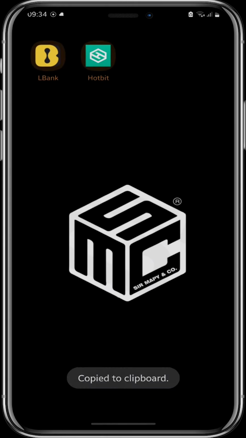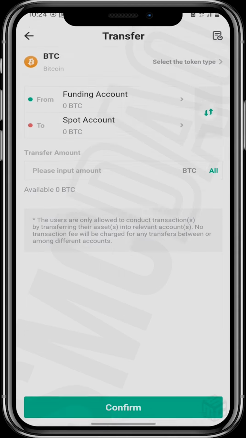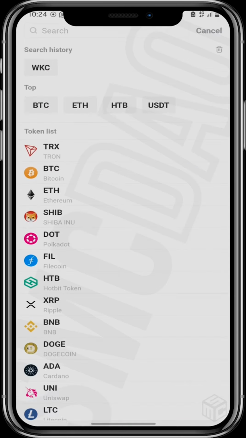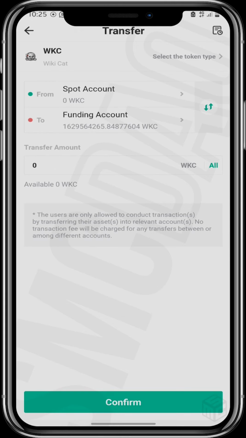So go all the way back to our Hotbit and click on fund. Ensure that your Wikicat is in your funding wallet and not in your spot wallet so that you'd be able to withdraw. To move your Wikicat from your spot wallet to your funding wallet, click on transfer, change the token type to WKC, and toggle between spot account and funding account. Ensure your spot account is up and your funding account down, and then press all so you can transfer all your Wikicat. I've already transferred mine to my funding wallet, so I'll just keep showing you how to move it